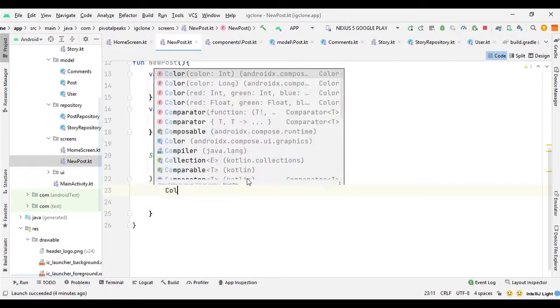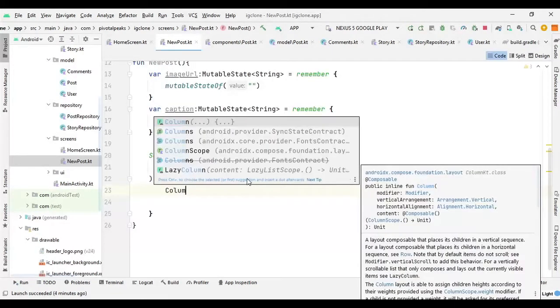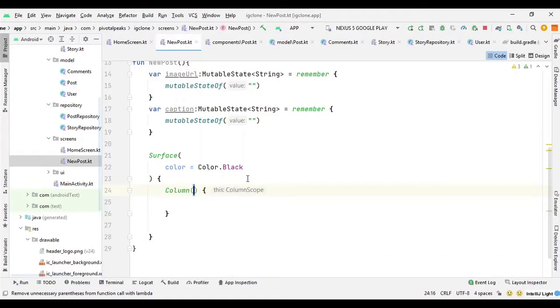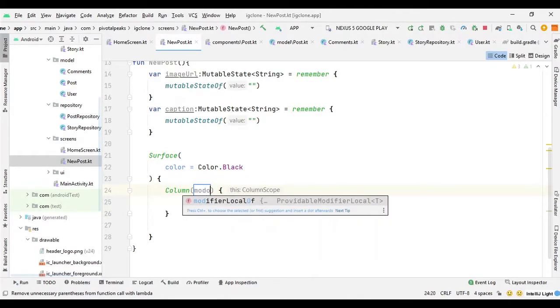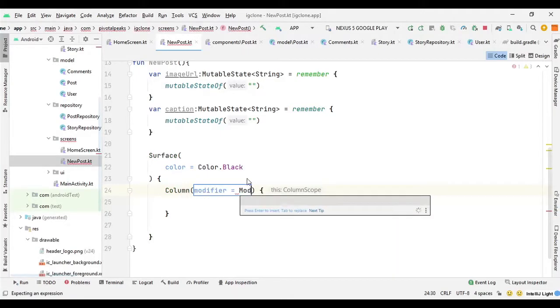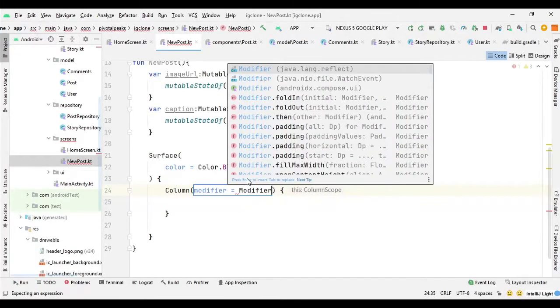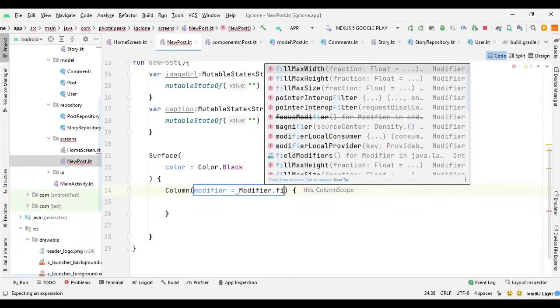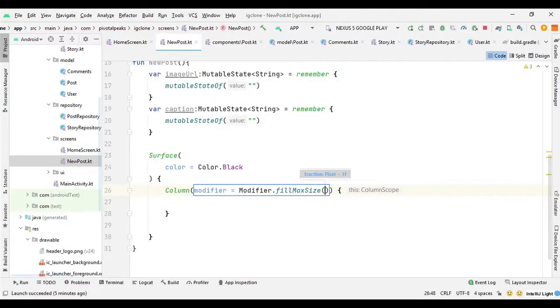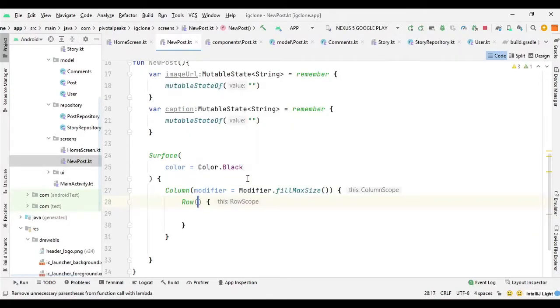So let's say Column, and we can use the modifier to give it some properties. So we can say Modifier.fillMaxSize, and then we can create our row for the first row items.